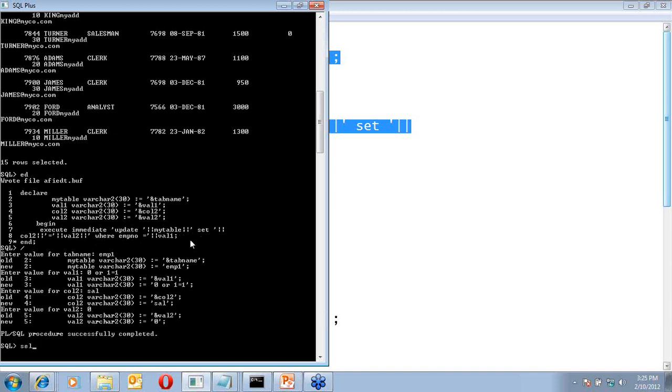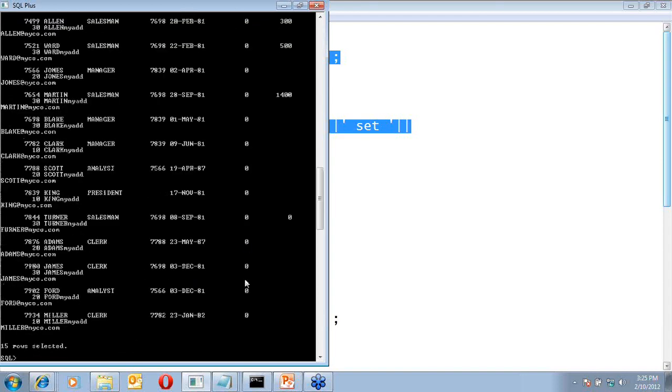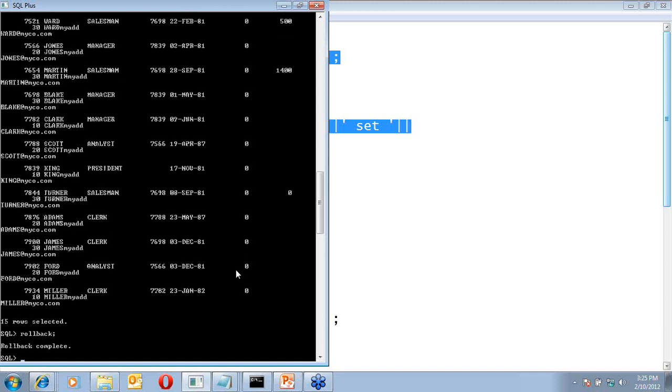And now if I fire, say, the select query, can you see all the salaries are modified? I will just cancel this change for our further work. So this is how your SQL injection takes place.